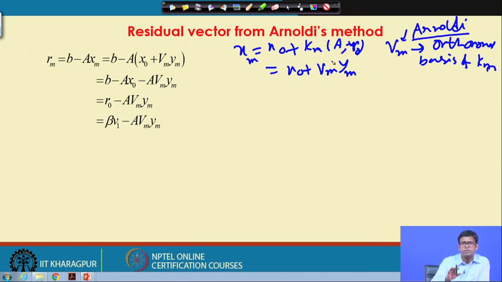So, xm is equal to x0 plus a general vector in the Krylov subspace, and we have to find out what ym is so that we can satisfy the equation, we will come to it later. So, this is B minus A (x0 plus Vm ym), and B minus A x0 is equal to R0. So, R0 minus A Vm ym, where R0 is again